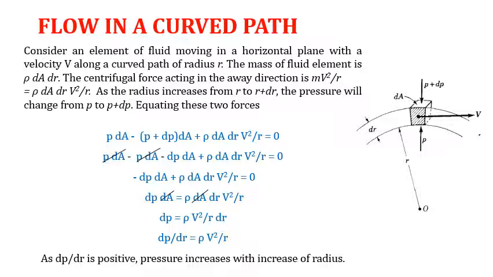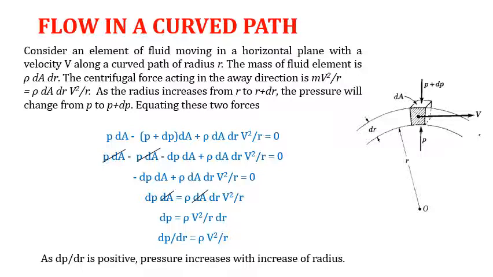So let's write the pressure equation. We are taking the direction of force away from center as positive. So let's convert this pressure to pressure force by multiplying it by the area dA. So this pressure force is PdA, and this direction is taken as positive, so plus PdA. Now consider the force on this area. It is in the opposite direction, so minus (P plus dP) into area dA.